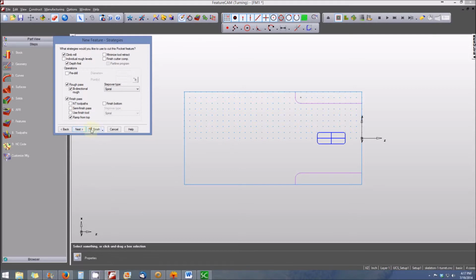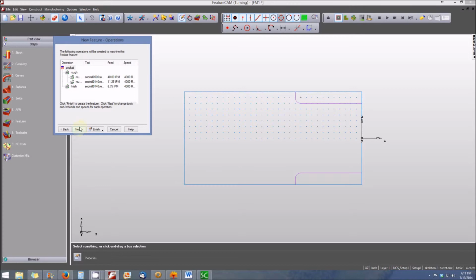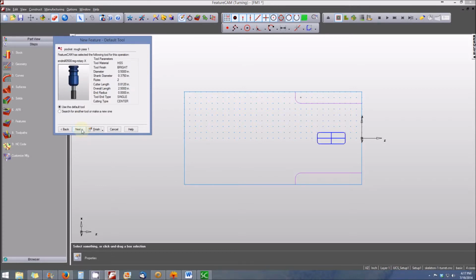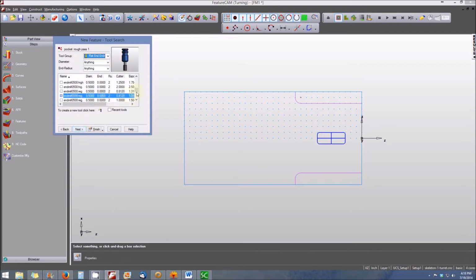Now what we'll need to do is modify this roughing and finishing tool. So we'll search for another tool or create a new one. In this case, I'm looking for a tool that is a 0.1875 end mill for fluted. And here we are. Select Finish